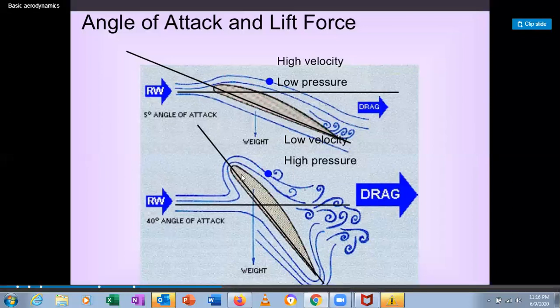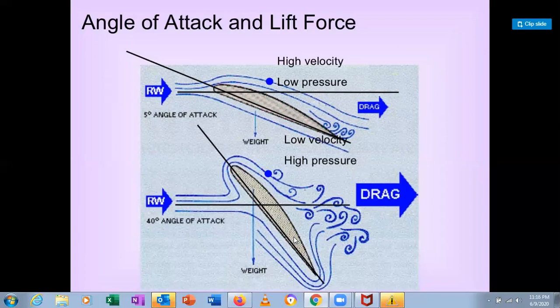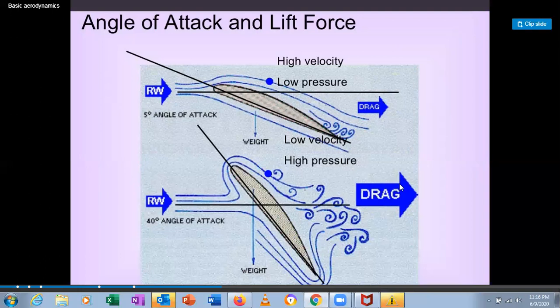So if the angle of attack increases, lift should increase. But when it reaches the saturation level, that higher angle of attack at which it loses its control, that is called the stall angle. You can see the drag is increasing much here, and here the drag is less. At the higher angle of attack, it leads to the stall angle.